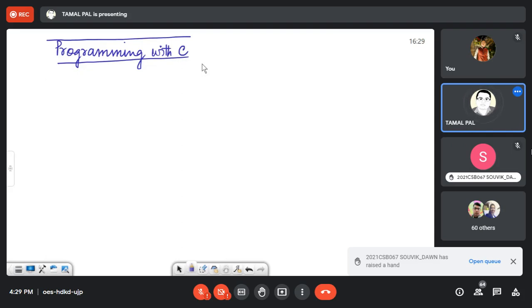Why is this? Because while writing C instructions, we don't need to know about the specific configuration of a computer. How many registers does it have? How many buses does it have?